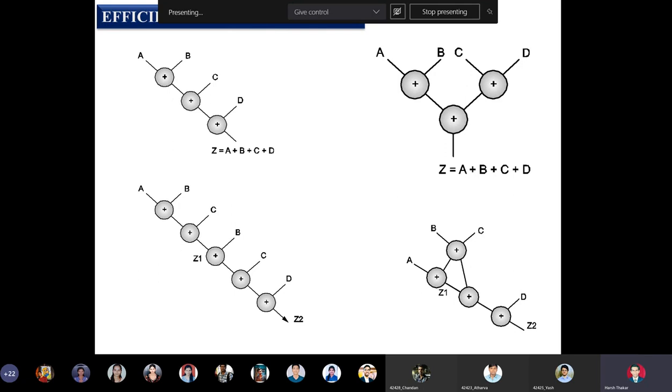Okay, so please understand that when I say A plus B plus C plus B, B plus B need not be B, because this is not a logical OR operation, it is an addition operation. Okay, there is a difference between B or B and B plus B. B or B is B, but B plus B will be something else. It may result in a sum vector and a carry.